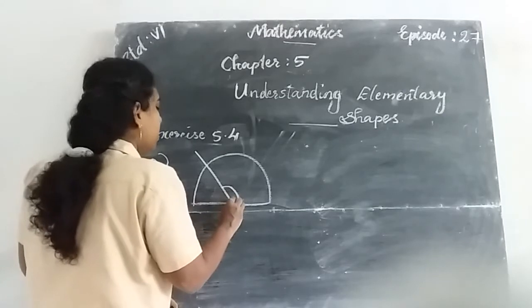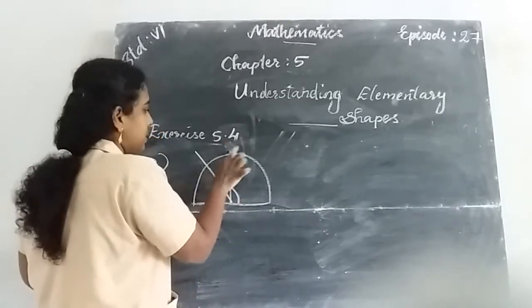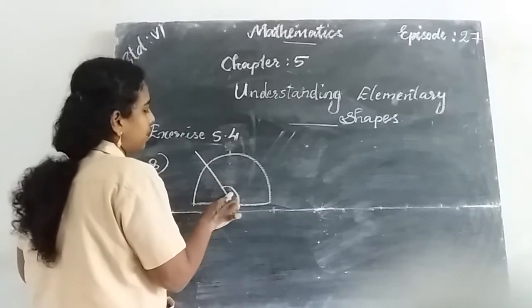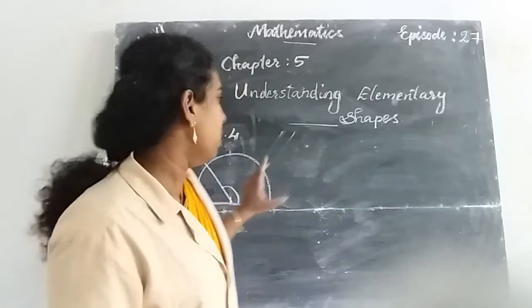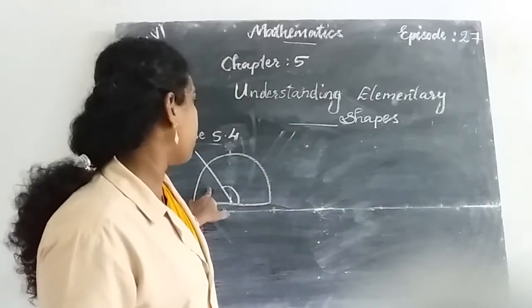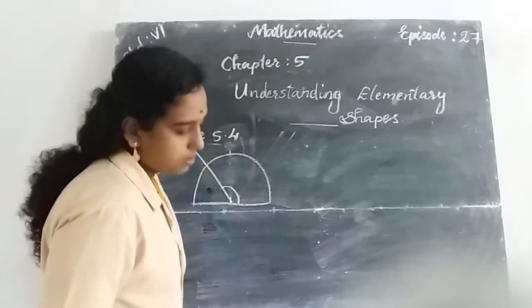here. So the angle is greater than 90 degrees. 90 degrees is like this. This is an angle greater than 90 degrees. So it is an obtuse angle. Okay. So the angle is measured by using a protractor, that we discussed in our WhatsApp. Then next question.